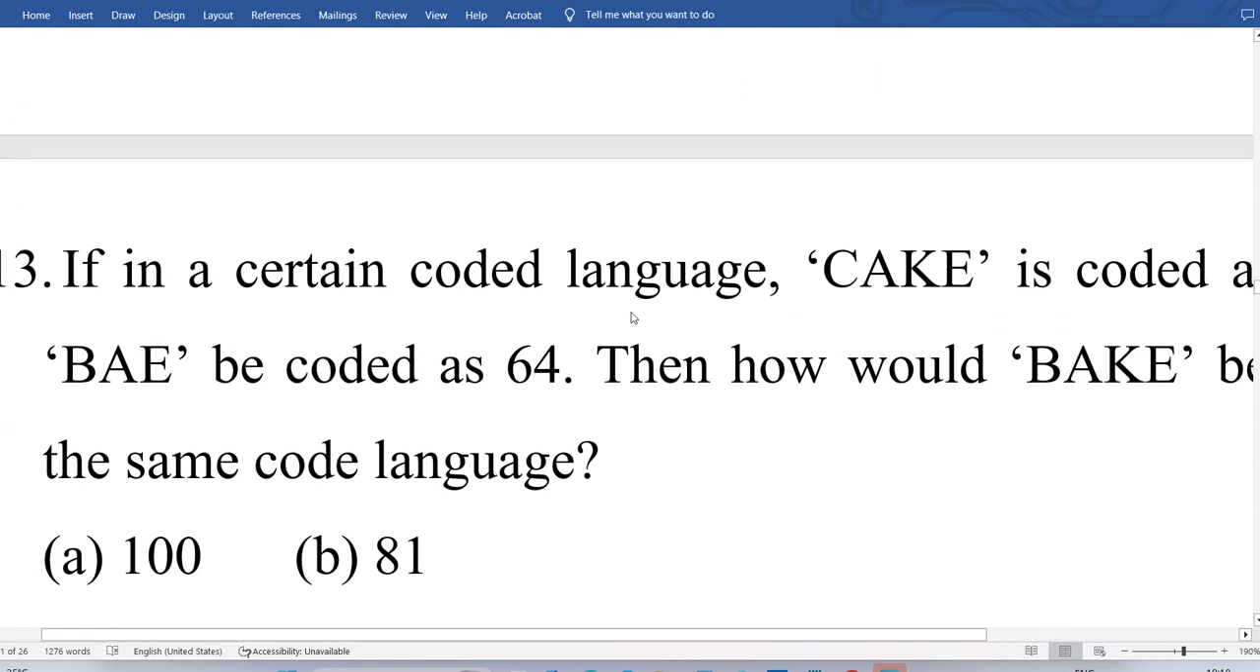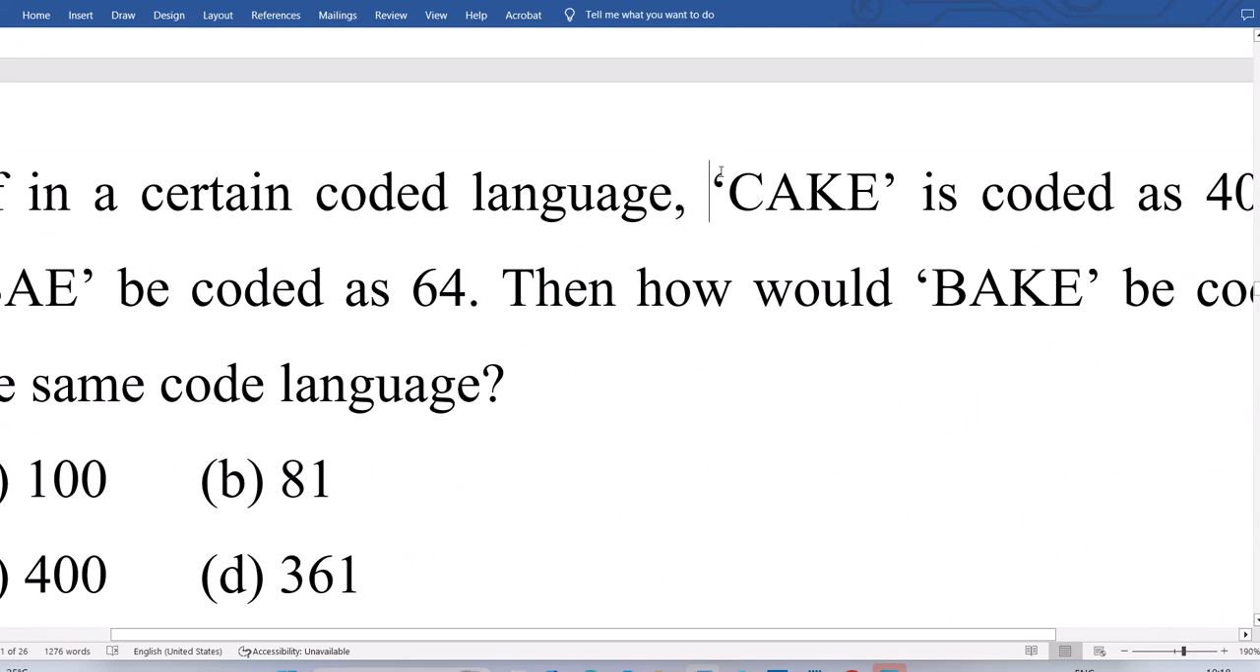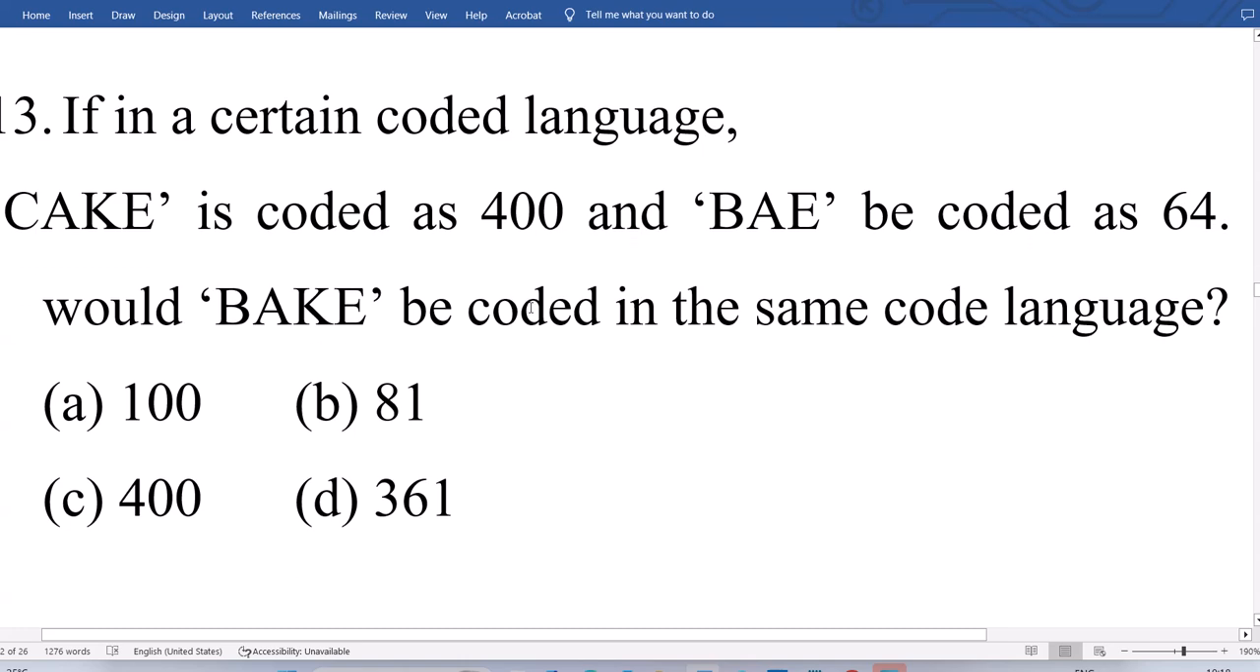So let's see about the next one. Cake is coded as 40. BAE is coded as 64. 400, sorry, not 40. Bake is coded as what? This is the question given. BAE is 64. Cake is 400. Bake, BAK, is what? Answer is